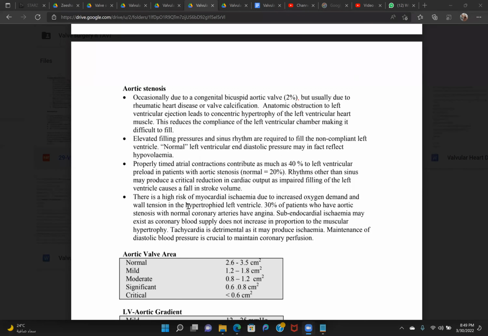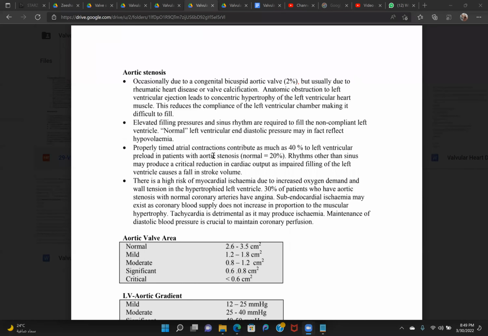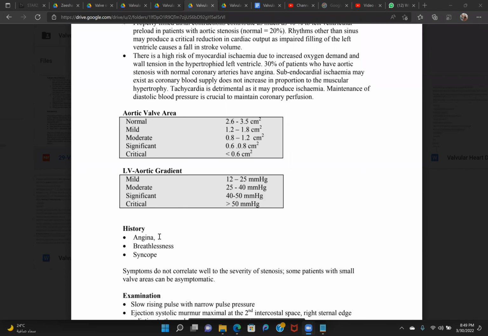So when there is left ventricular hypertrophy, there is increased left ventricular end-diastolic pressure. The same thing occurs again: the atria need to contract more and more to fill the heart. It's the same sequence of events, and then the back pressure goes to the lungs. We don't need to repeat it again. A little bit of difference, and the symptoms will be similar to angina and syncope, because if it is severe and the patient is unable to maintain the cardiac output, the patient